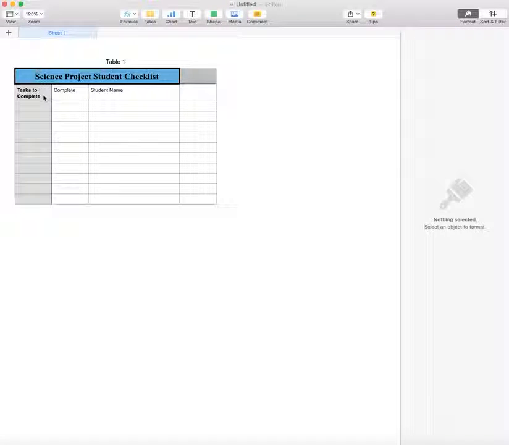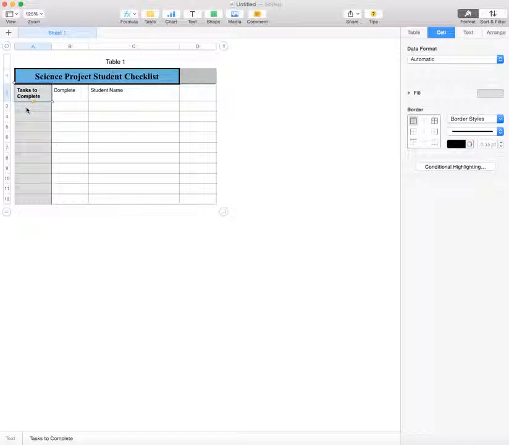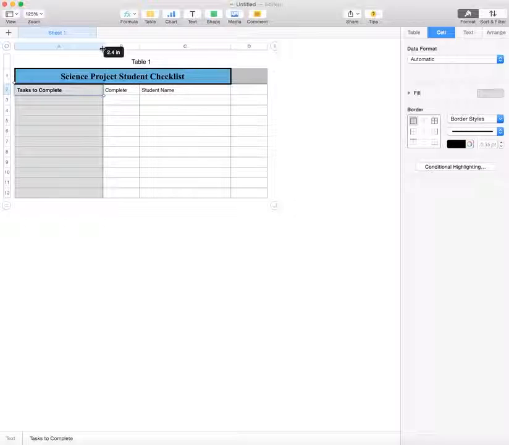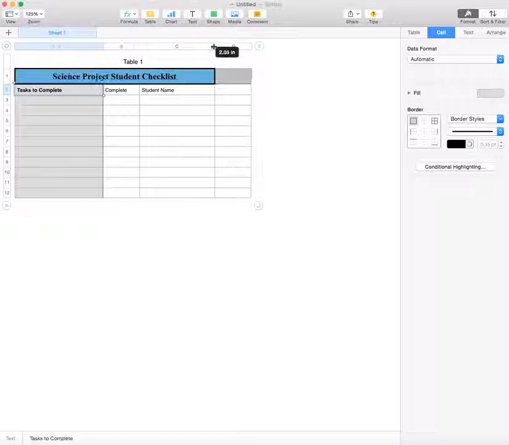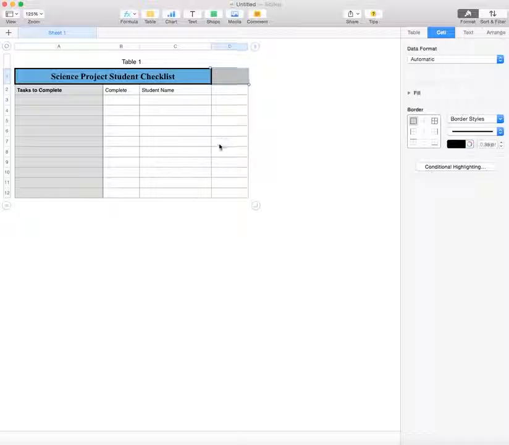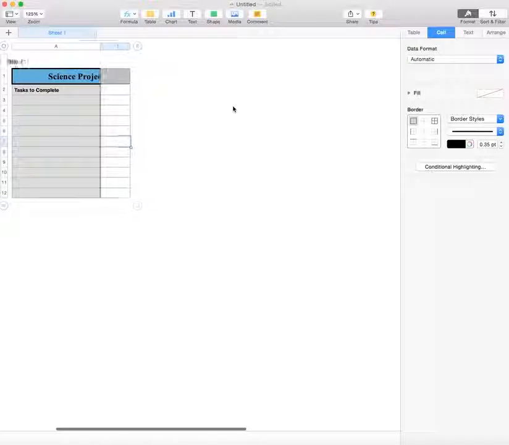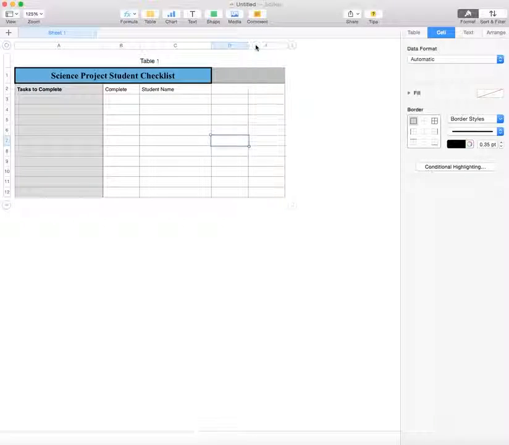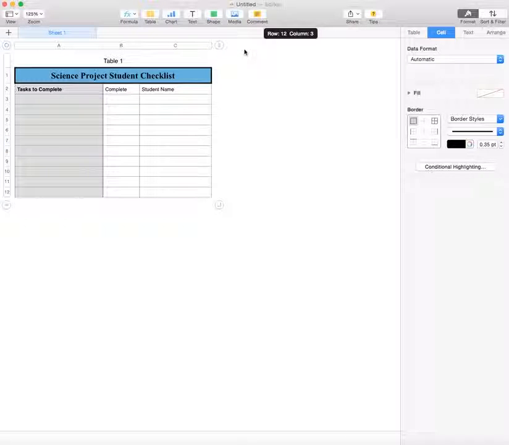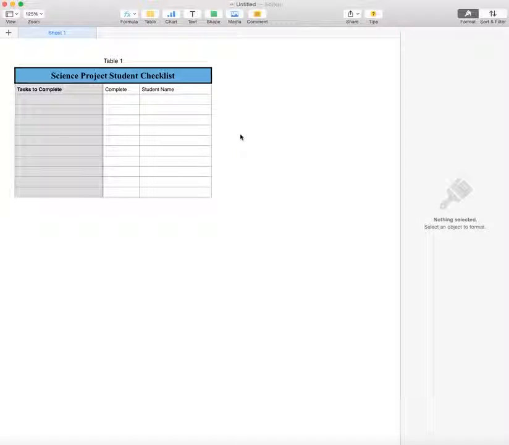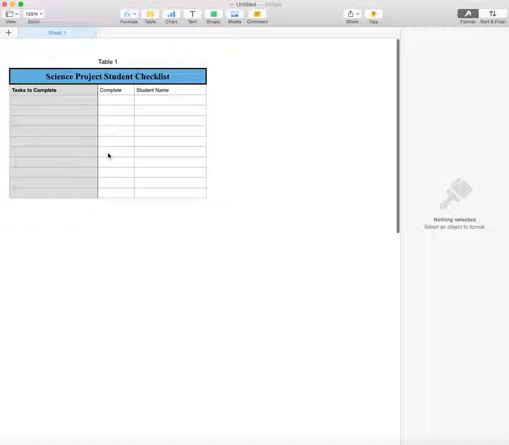And the tasks, I think I'm going to probably take a little bit of space, and so I'm just going to stretch that and make it bigger. The complete will be a yes or no, and student name won't take a lot of space. Now I have this extra column here. Now if you notice, let's see if I can get rid of it or not. There you go. Now I got rid of it. So now I have